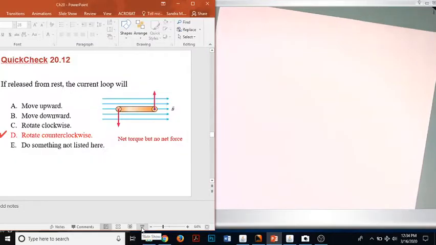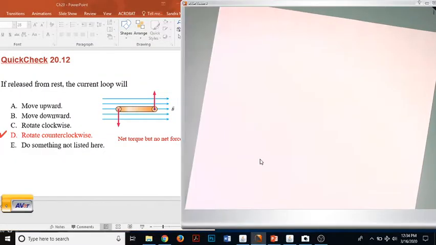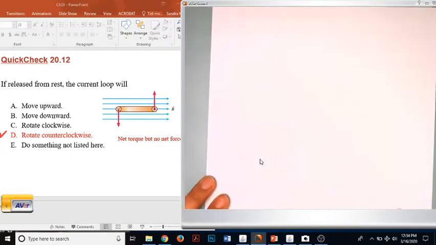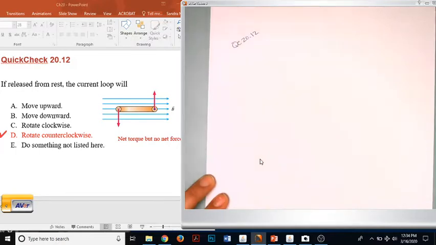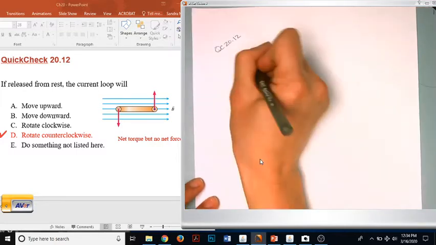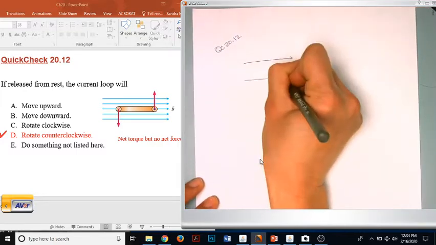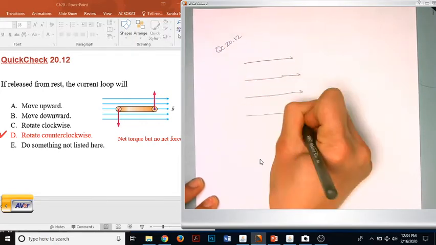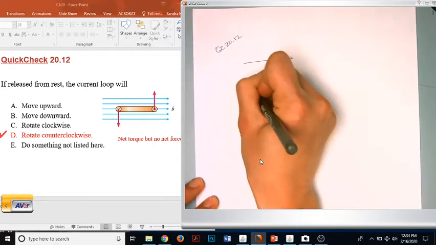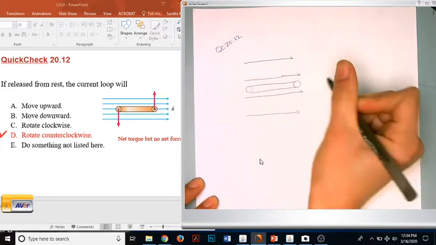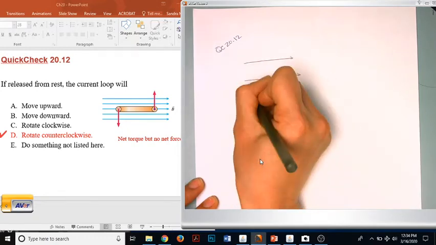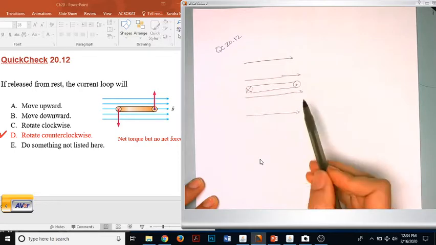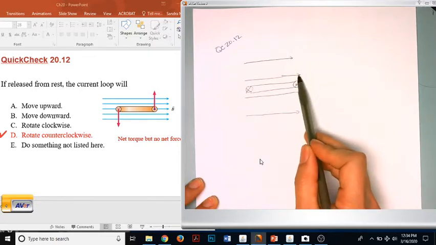I'm going to get another piece of paper here, and I'll draw what is there. So this is check 20.12. And we'll draw V this way. And here's my loop of wire. So current is going out of the page on the right. It's looping out or up and around and then into the page on the left. And so if B is to the right,